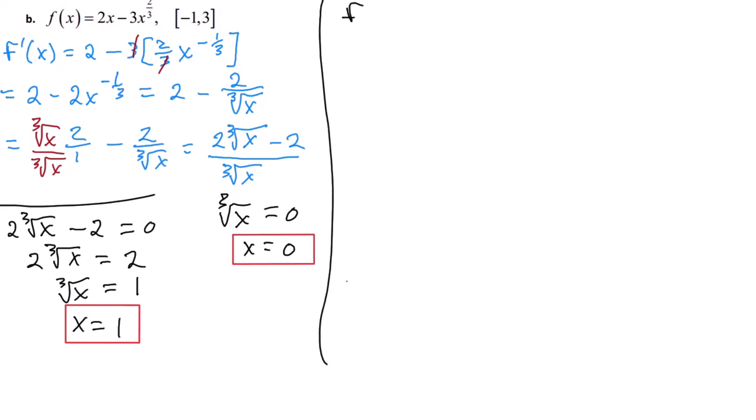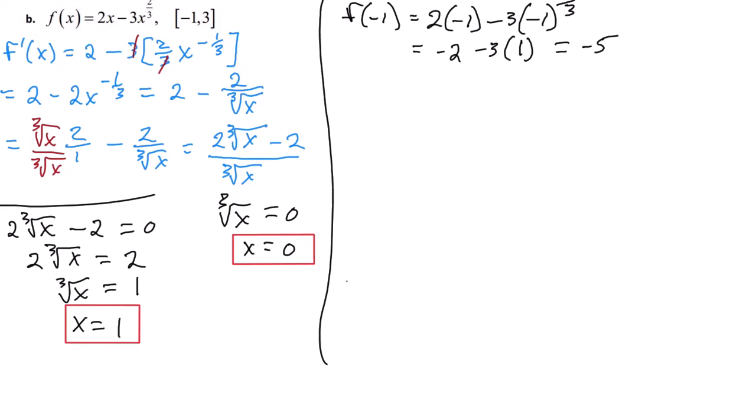All right, let's start solving our endpoints to see what the function of f is for our endpoints. So f of -1, now this is f of -1, not f prime of -1. Keep that in mind. So f of -1 is -5. f of 3